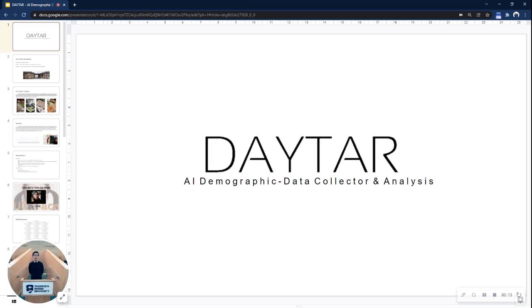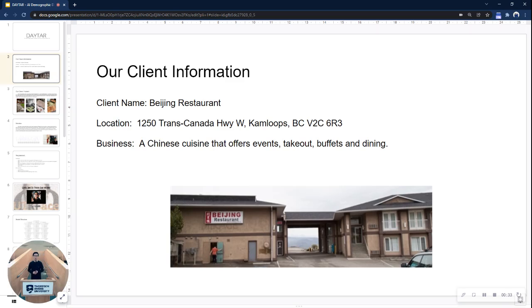Throughout the summer in 2021, under the supervision of Kevin O'Neill, a senior instructor in computer science at Thomson Reuters University, I have been developing a software that could automate data collection and analysis for retail business. Today I'm presenting this software to you. It is called DAYTAR. For testing our software, we have deployed our system in a local restaurant called Beijing